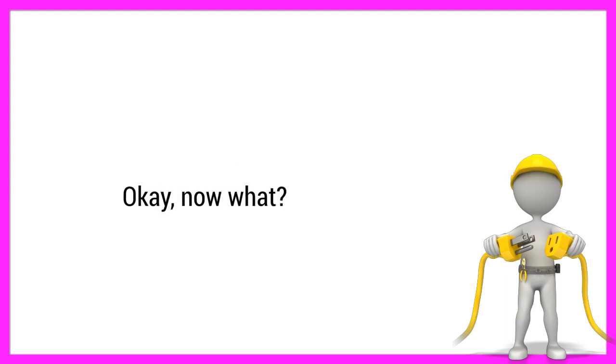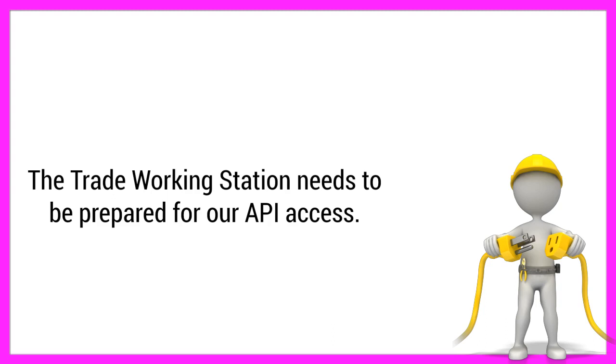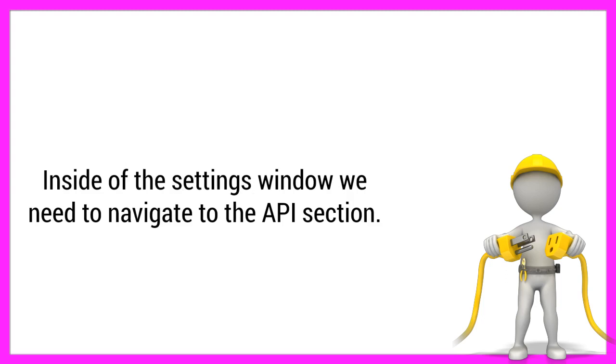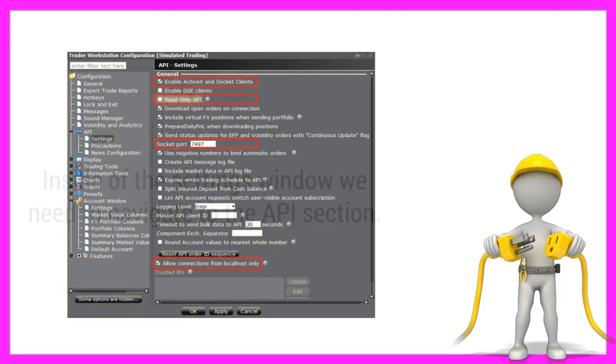Okay, now what? The Trader Workstation needs to be prepared for our API access. On the right upper corner of the main window there is a wrench symbol. When we click it we can select the settings. Inside of the settings window we need to navigate to the API section. According to the documentation the port for paper trading is